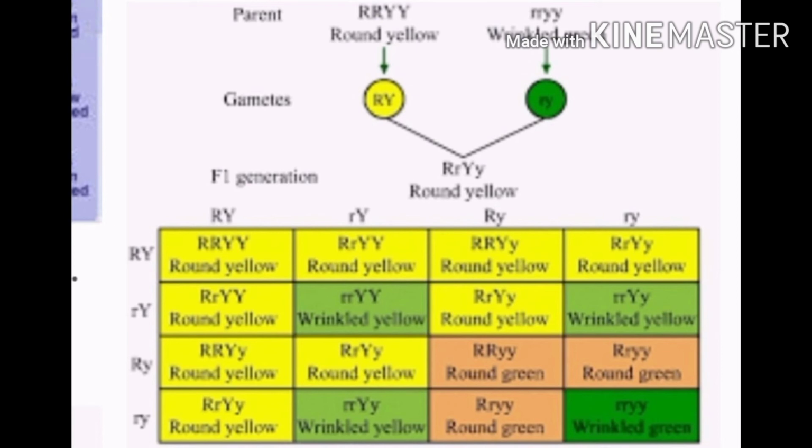Students, you know the meaning of independent assortment. During the assortment that takes place during gamete formation in the reproduction process, these genes do not follow any pattern but are randomly assorted. They are never dependent on their homozygous parents or heterozygous parent. Whatever the parents are, they will assort independently and will give rise to different types of progenies.